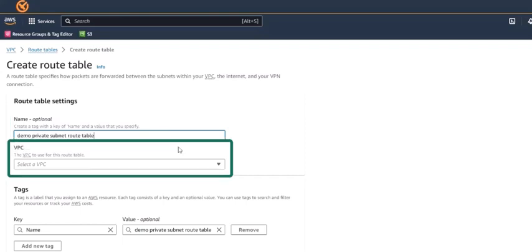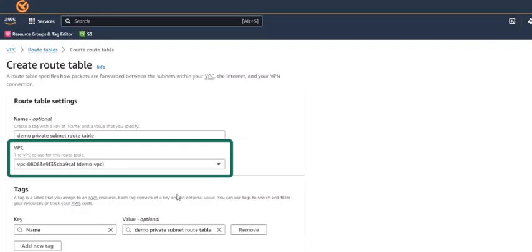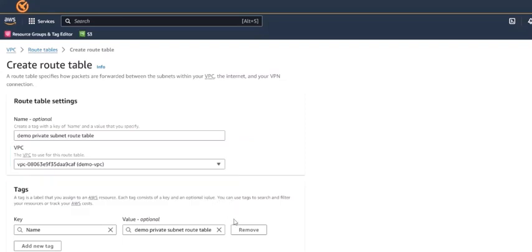In the VPC field, select our VPC demo-VPC and choose create route table at the bottom of the page.